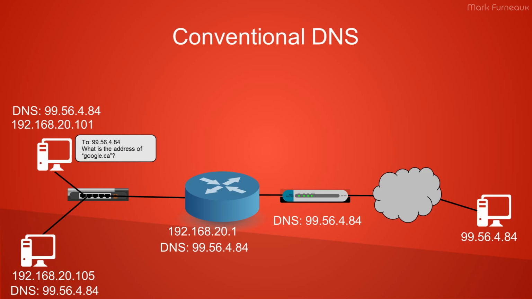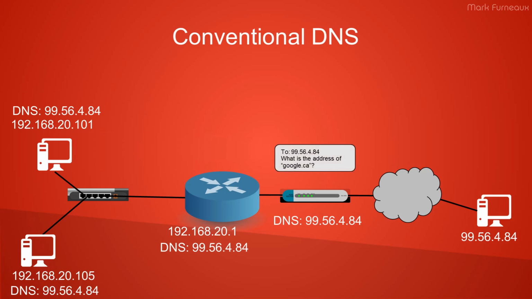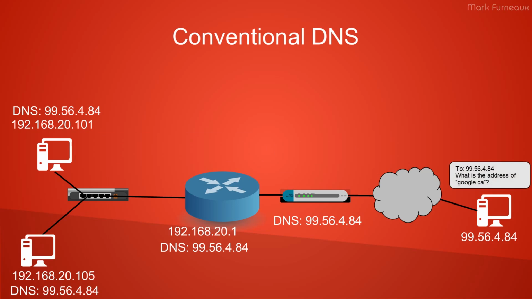So now, let's say that one of the clients wants to resolve the address google.ca. It wants to, let's say, load a web page at google.ca. It needs to know what the IP address of that server is. So it's going to use the DNS server address that it knows, the 99 address in this case, and it's going to send a simple DNS request through the network, and it's going to eventually end up at that DNS